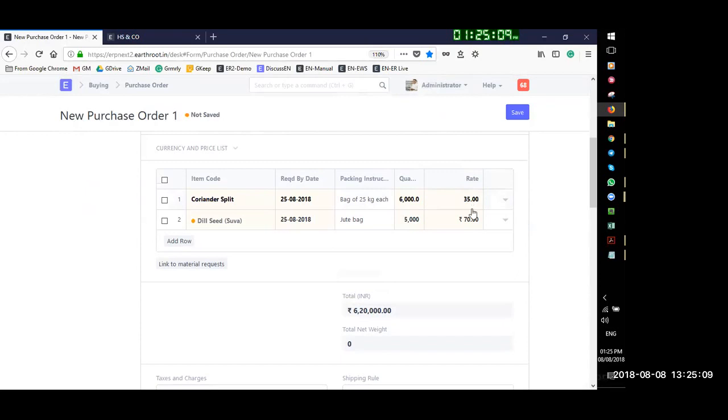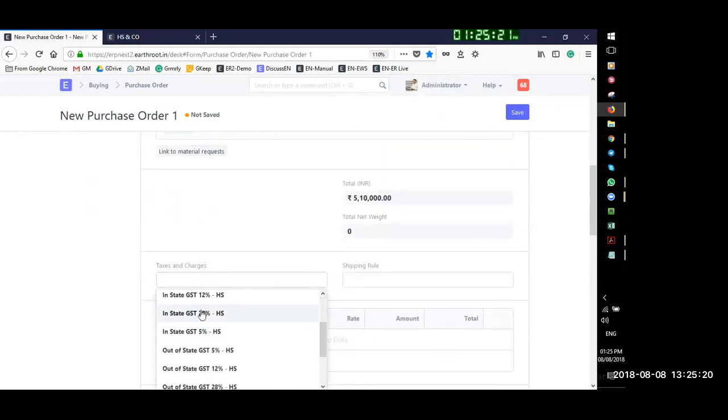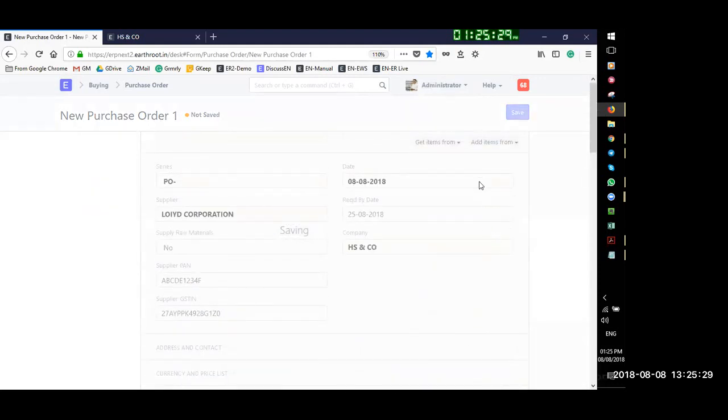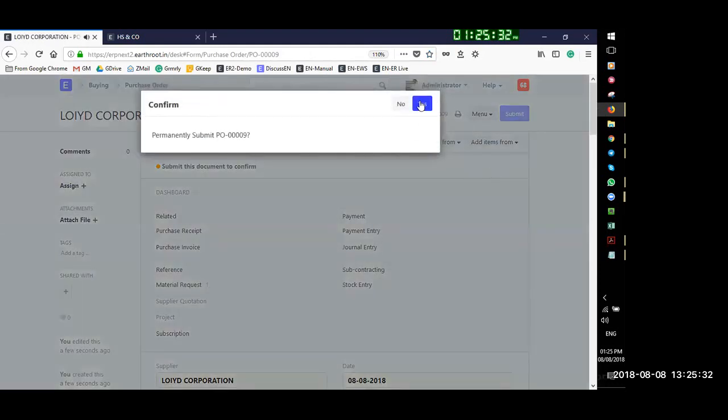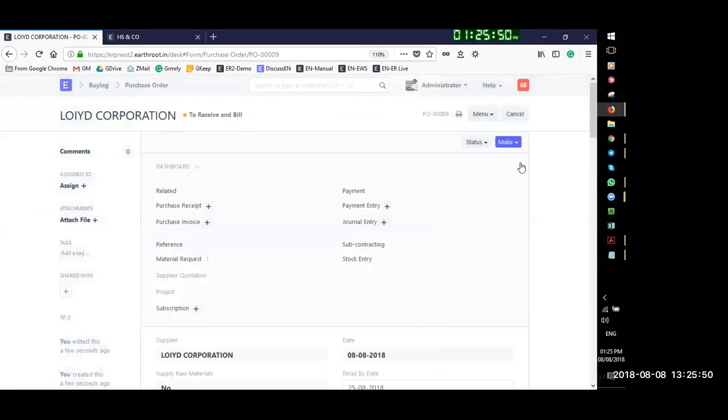Here also, let's say I'm buying from some other state, I would say out of state 5% to capture the GST on the amount, and I will place my purchase order. Now I can send my purchase order from within the system, so I do not have to download a document and then send it. I can do it from within the system if I have configured my email. For the time being, I'll just skip this step. So here my purchase order is